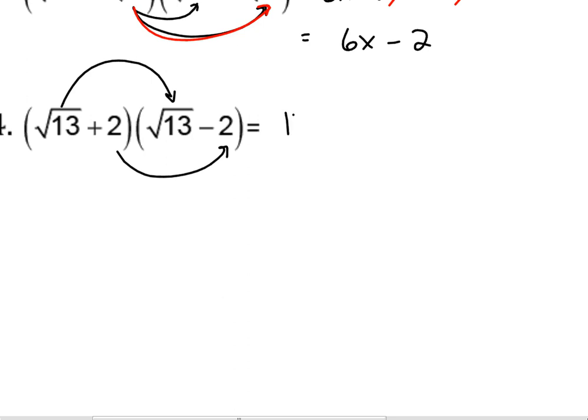Just 13. Okay, positive 2 times negative 2? Negative 4. Sometimes we get so used to multiplying radicals that you expect a radical, but 2 times 2 is just 4. That happens when I'm marking tests. 13 minus 4 is